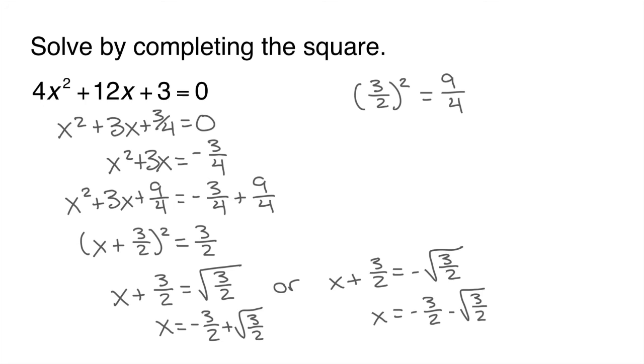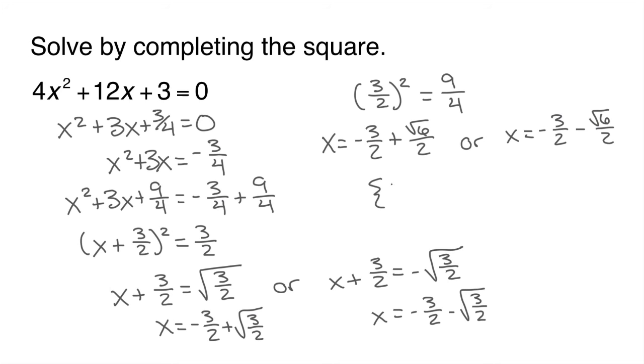So our solutions are x is equal to negative 3/2 plus the square root of 6 over 2, or x is equal to negative 3/2 minus the square root of 6 over 2. Notice that we can write each as a single rational expression. Our solution set is the set containing negative 3 minus the square root of 6 all over 2,